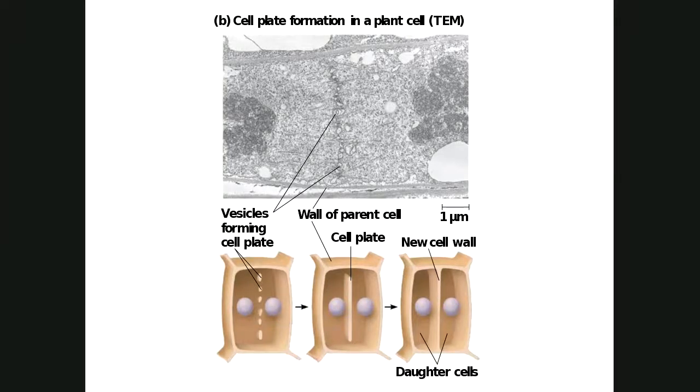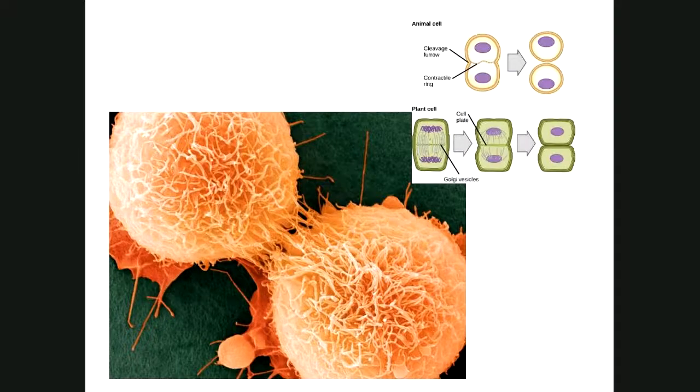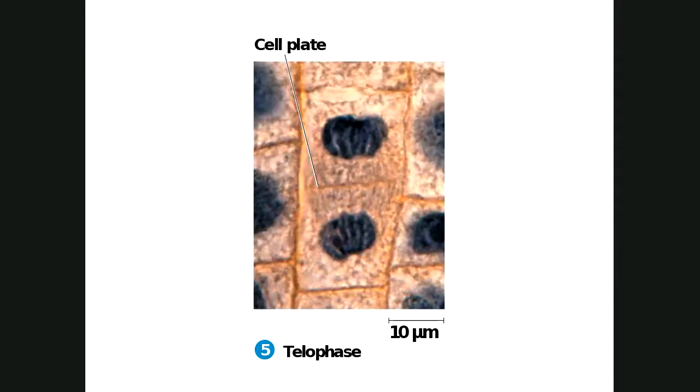Or not two new cell walls. Well, they do, one for each cell. So they form that new cell wall between those two nuclei. The cell plate that you saw in the previous picture, this is what it's going to look like under our microscope, and that is a direct indication that that cell is in telophase and cytokinesis.